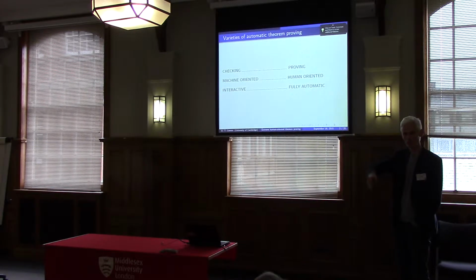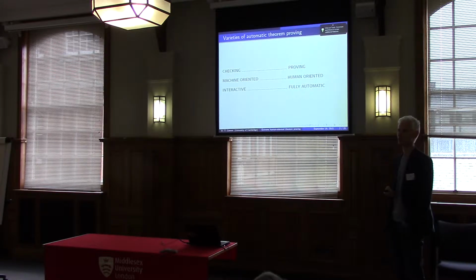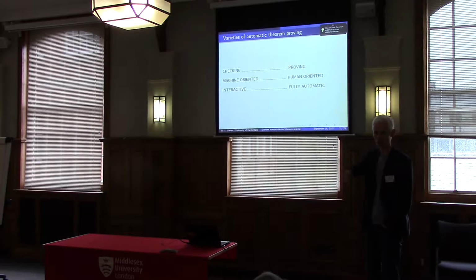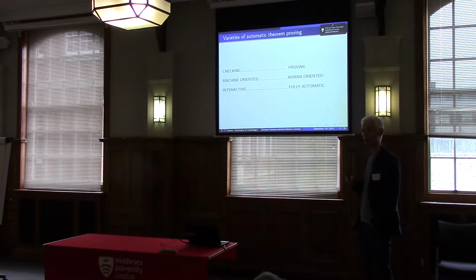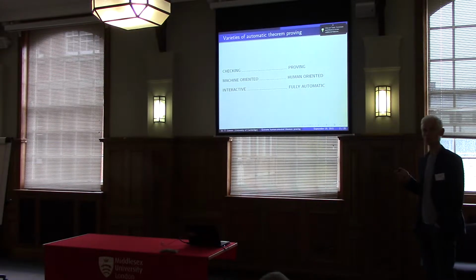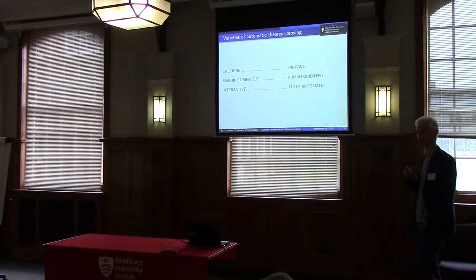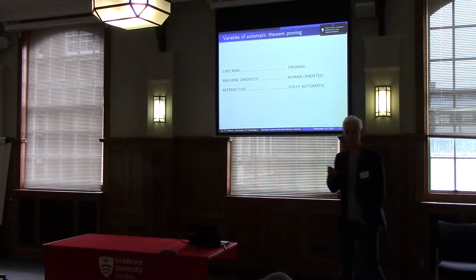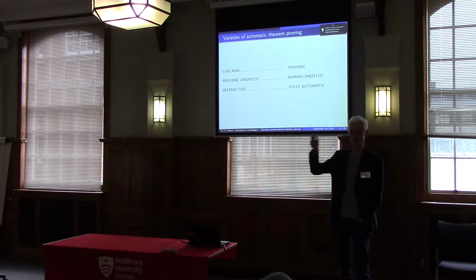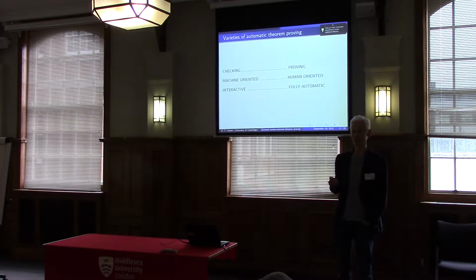Once you've found the proof, it's actually not that long. A human can follow all the steps of that proof, but the thing that took a long time and needed a big search was just the discovery. Human-oriented is where you say, let's look at how mathematicians find proofs, try to understand that well enough to be able to program it into a computer, and get computers to find proofs in the same sort of way.